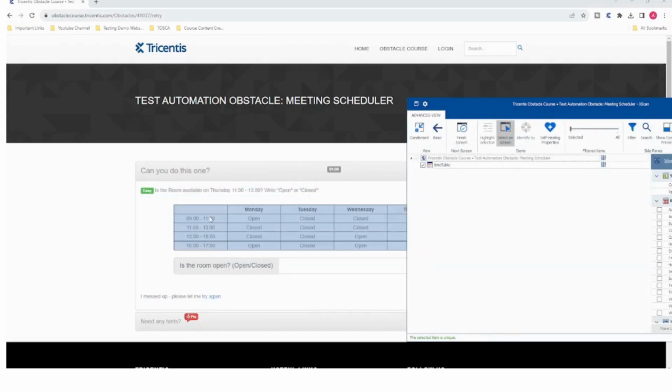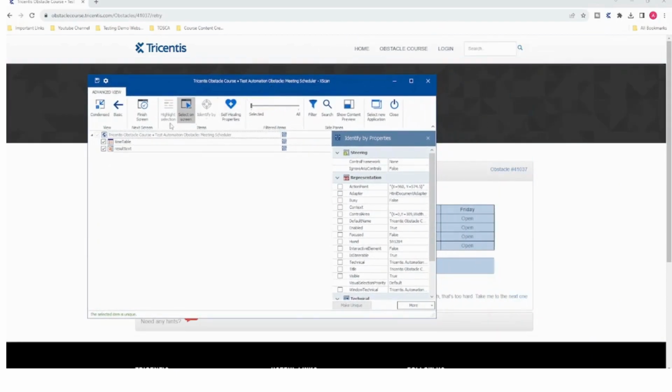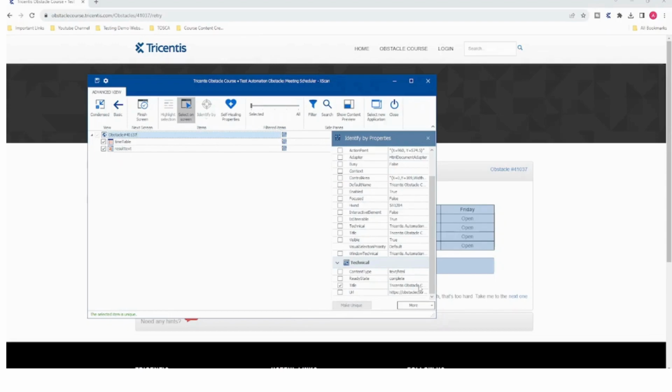Okay, so it's in a table format, and then this is something where I need to enter, so I'll select this as well. The obstacle number is 41037, so I'll just rename this to obstacle 41037. I will just put a wildcard here